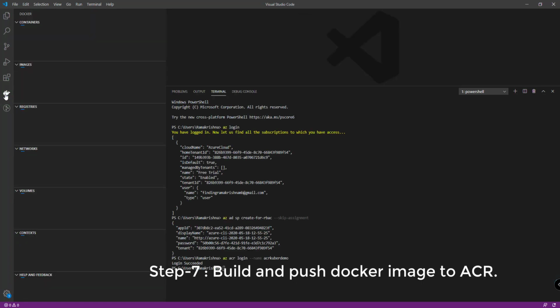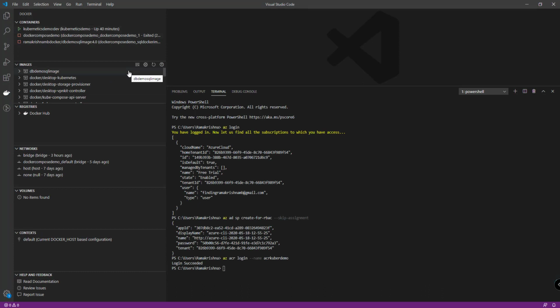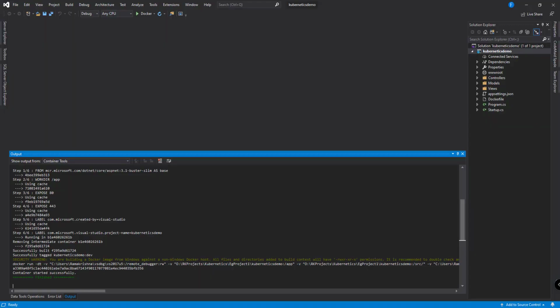Now let us build our Docker image and push to this Azure Container Registry. Let us open our Docker extension. You can see that our Docker Kubernetes demo dev is running. That is our project we created. You can see the Dockerfile.